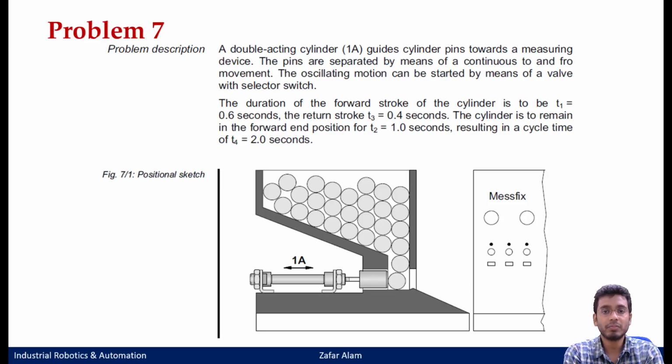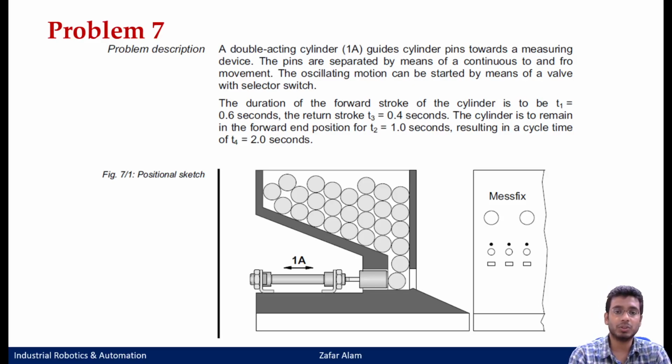So you are going to have a double acting cylinder, two one-way flow control valves, and a selector switch with a valve. Of course, to actuate and retract the double acting cylinder you require a DCV, and that DCV would be a 5 by 2 pneumatically controlled valve.